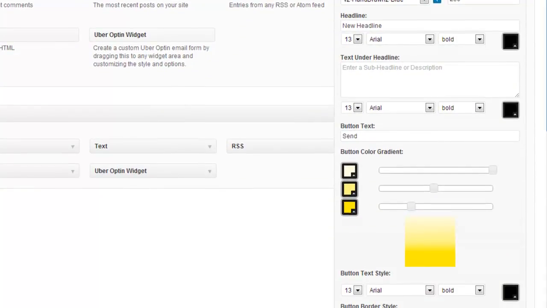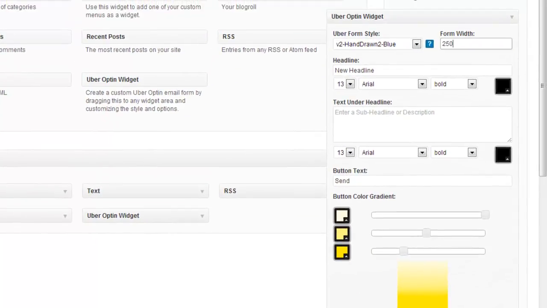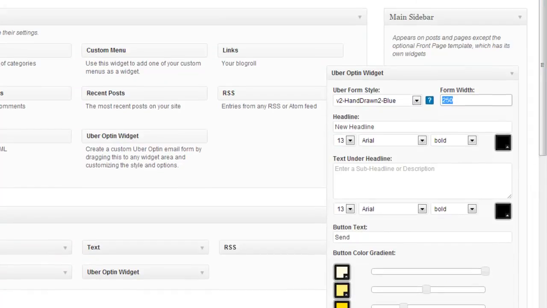So I'm going to leave the width for this one at 250 because that's really a very standard sidebar width. If you want to play with it, you can always change it. If you want to see what 300 looks like, maybe yours looks a little more narrow, you want to try 220, you can play with that number, click save, preview your site, and see what looks good and adjust accordingly. I do that all the time. So we're going to go back to 250,